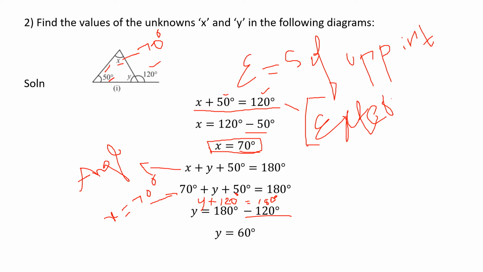So now we want to find out one angle, then only we can apply angle sum property. That's why they have given here in this question the exterior angle, right? So first apply the exterior angle and find out one unknown angle. Then you can go for angle sum property. Understood, children? Now understood why we are applying here exterior angle and angle sum property. Okay, now let's see the next problem.